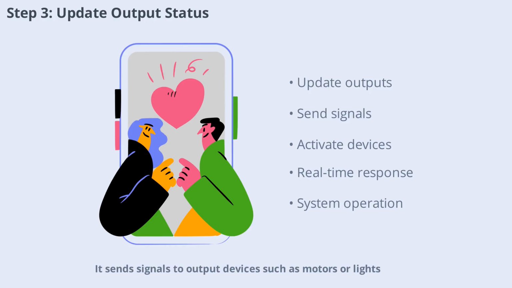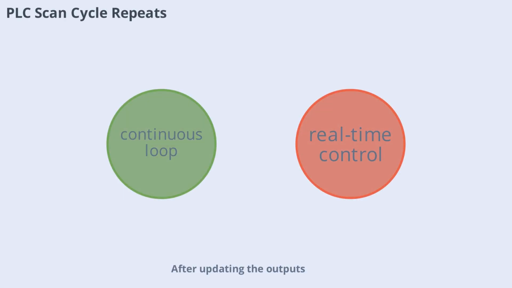It sends signals to output devices, such as motors or lights, to perform the required actions. This step ensures that the system operates as intended, responding to changes in real time. After updating the outputs, the PLC returns to the first step and repeats the scan cycle. This continuous loop allows the PLC to monitor inputs, execute logic, and control outputs in real time. The rapid repetition of the scan cycle ensures that the system remains responsive and efficient, adapting quickly to any changes